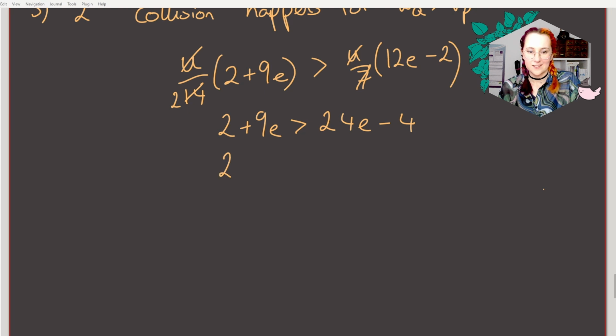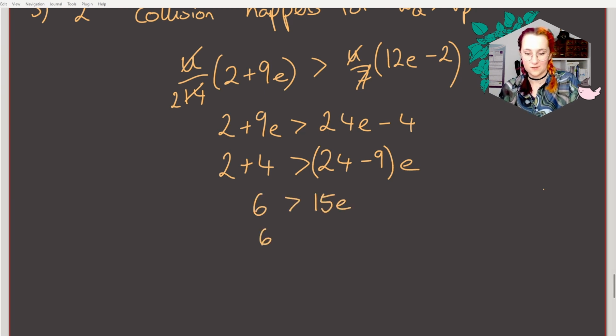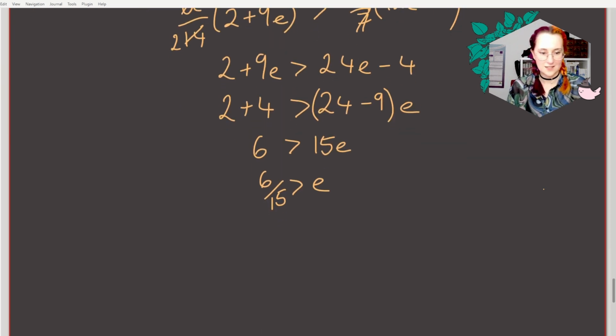Okay, so we get 2 plus 4 greater than 24 minus 9e, so we end up with 6 greater than 24 minus 9, which is 15e. So 6 over 15 greater than e. So a second collision